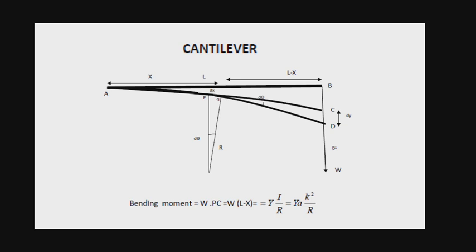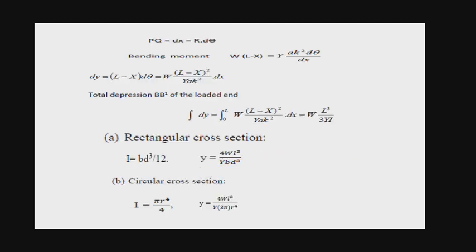The angle subtended by them is d theta. The depression of Q below P is given by dy is equal to (L minus x) into d theta, which is equal to w into (L minus x) whole square divided by Y a k square into dx. So, the total depression BB dash of the loaded end is